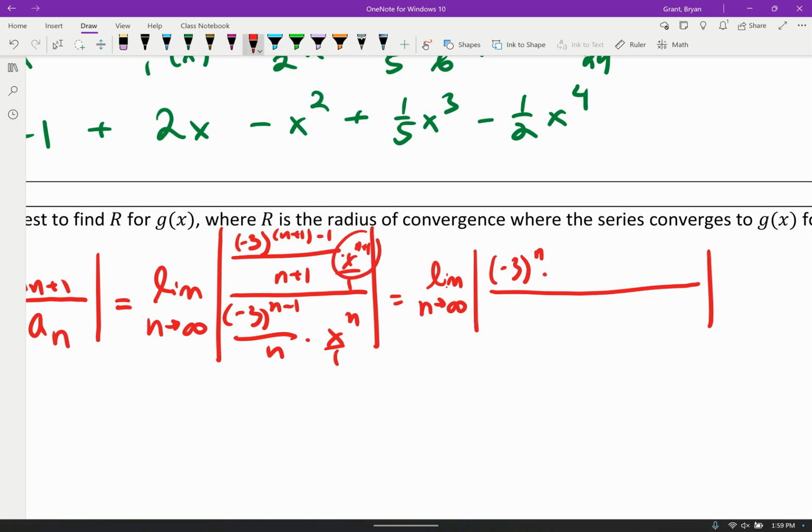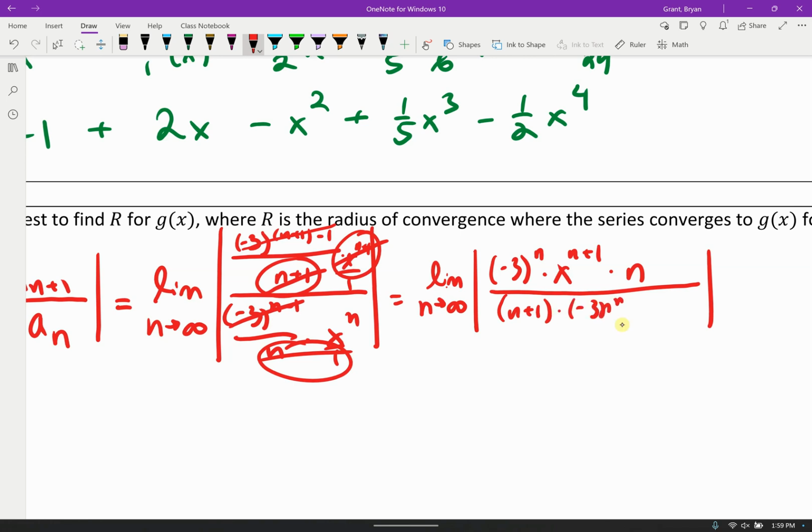And then we have our x to the n plus 1, and then when we multiply by the reciprocal, n times 1, we're going to have an extra n up here. And then in the denominator, we still have this n plus 1. Maybe I should cross things out as we use them, that's probably easier. We have an n plus 1. Okay, we have a -3 to the n minus 1,